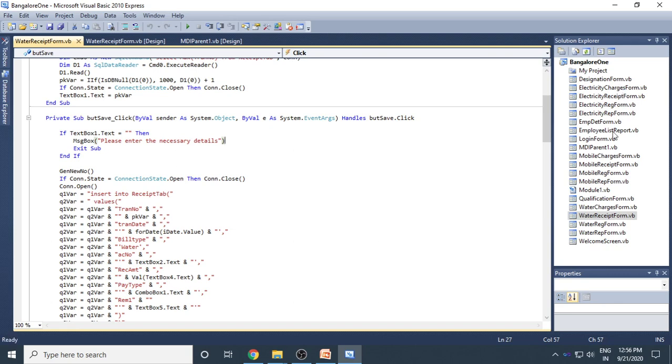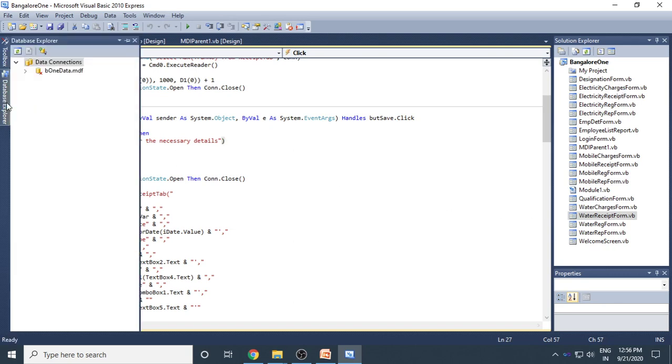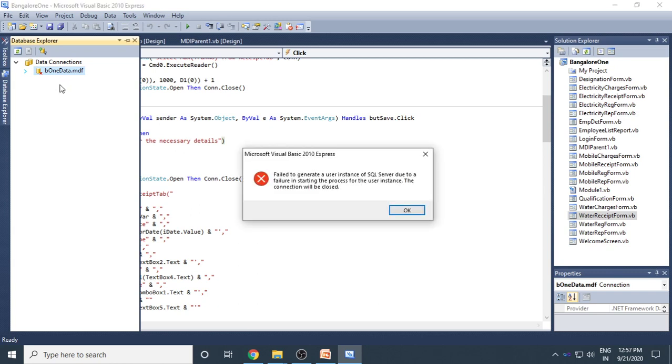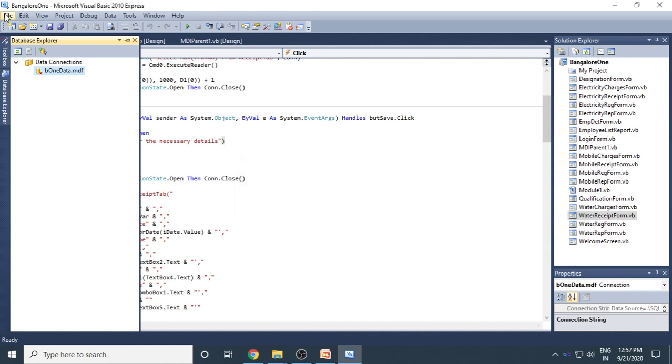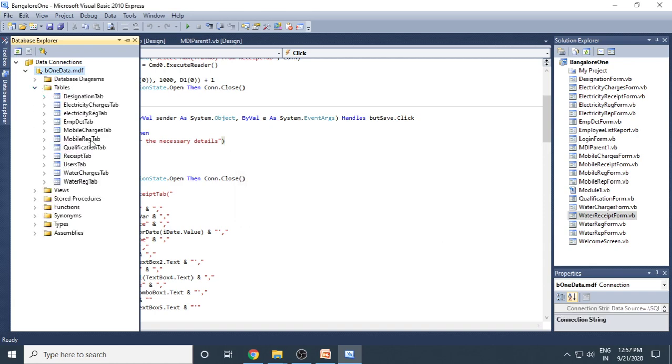Now you can see these are the forms which are used in the project. If you go to the Database Explorer, we can see the database here, B1 data. If you expand tables, you can see all the tables in this project.